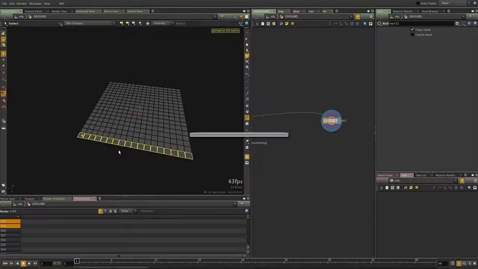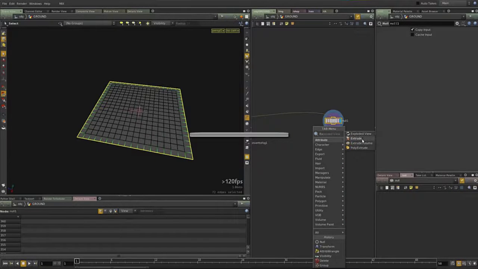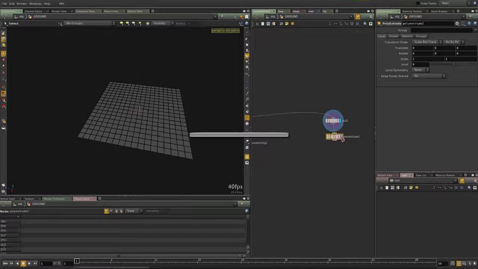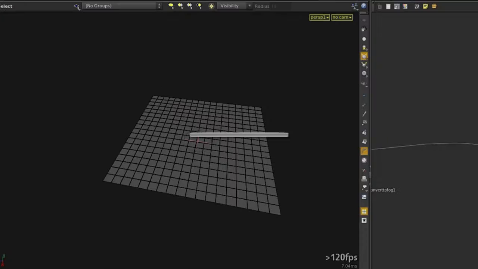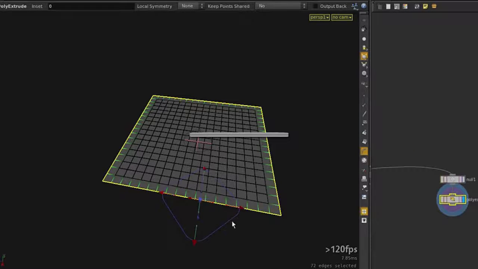Do I have the edges? Nope, I didn't. Loop that. Alright, I have all the edges. I just selected one. Press L for loop. And now I'm gonna extrude that. Poly extrude those edges. Yeah, well, I have them selected. Thank you very much. Poly extrude those